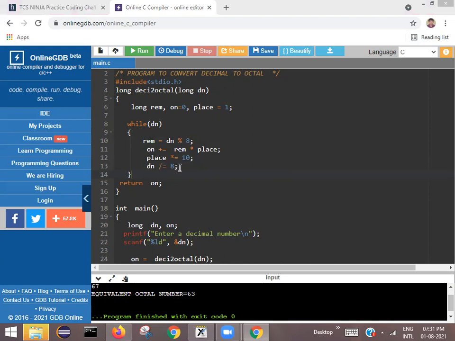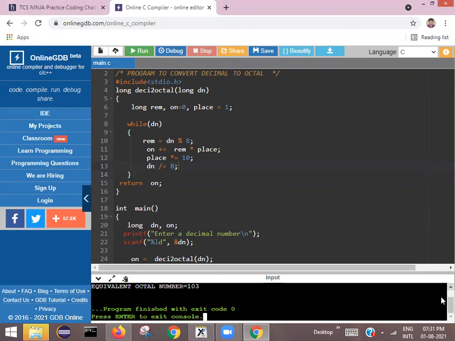So dn /= 8. Don't panic, friends. When you get a wrong answer, you should not panic, and you have to look into the code statement by statement to see why it is happening. Then you will land at the place where there is an error. This time again I am running the code. 67.